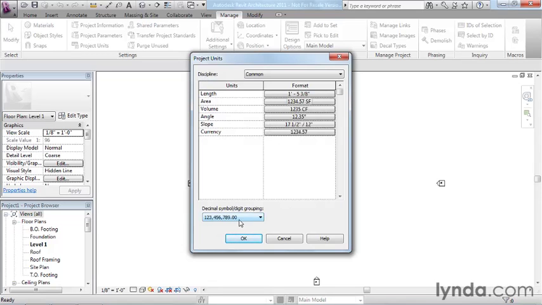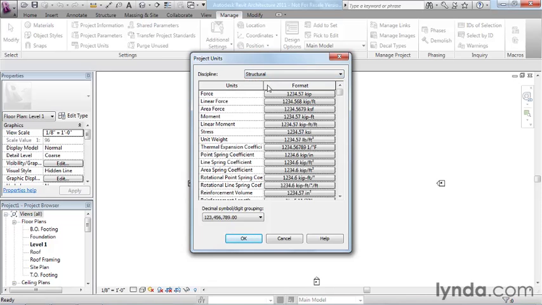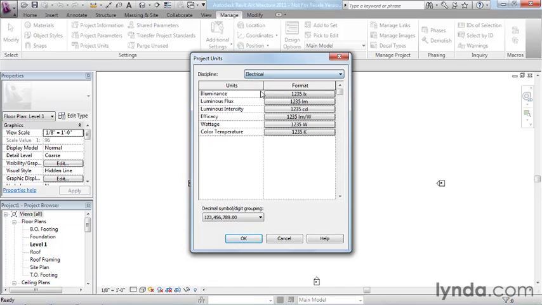You can also indicate for Revit which decimal symbol you'd like to use, whether you want to use the period or the comma, depending on what region you're in. I should point out that all of these settings, if you're an architect, are probably the only ones you need to worry about. They're listed in here in the common discipline. There are other unit settings for other disciplines like structural and engineering. And if I just choose those real quick, you can see that there are quite a few options in here to look at. So if you're a structural engineer, you might want to go through those various choices. If you're an electrical engineer, likewise. In my case, I'm just going to keep myself focused on the architectural, so I'm going to go ahead and